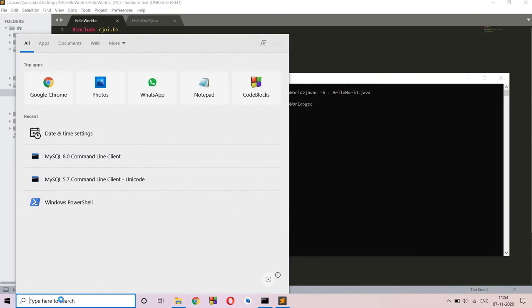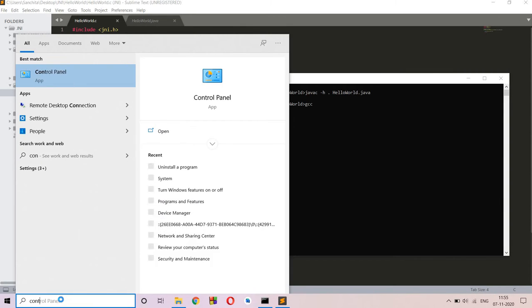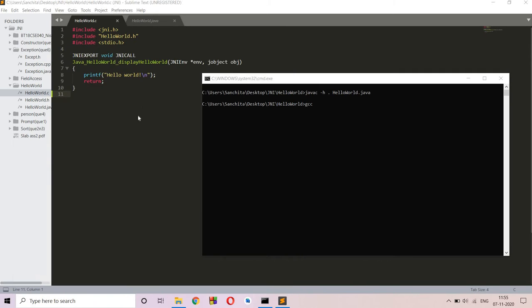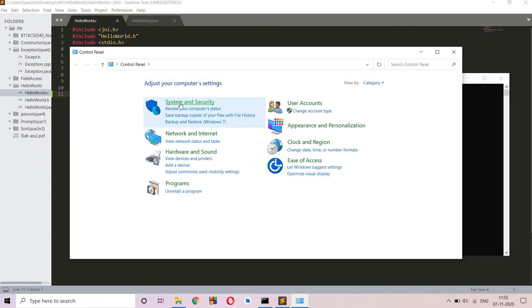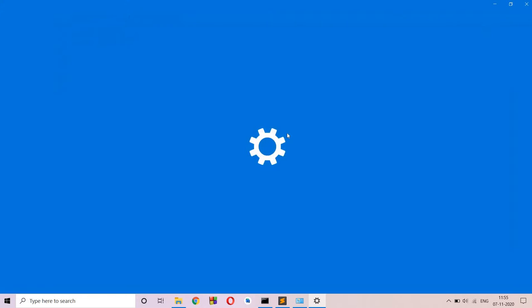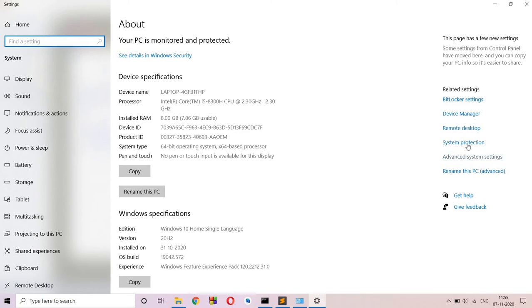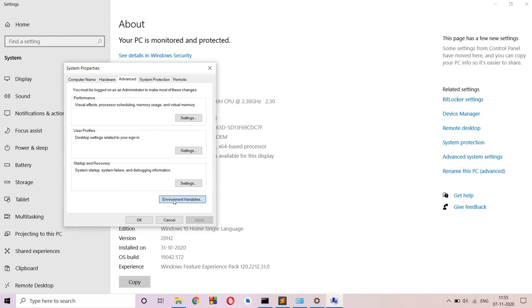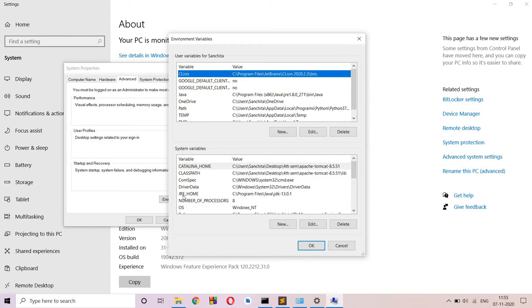You can check it by going to Control Panel, System and Security, System. Here you have Advanced system settings, then Environment Variables, and here I have set this system variable JAVA_HOME path to C:\Program Files\Java\JDK. So let's go there and check.